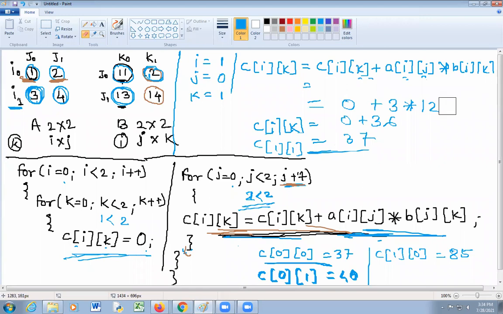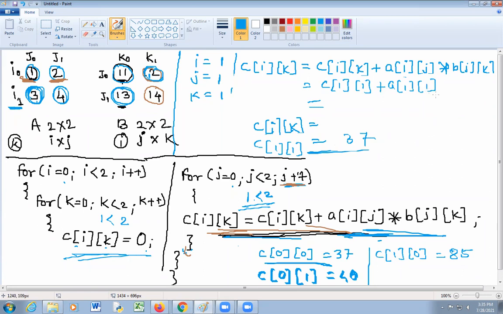After incrementing, it will become 1. So check this condition. 1 is less than 2. This condition becomes true. So put the value of C of 1 1 plus A 1 1 into B 1 1.